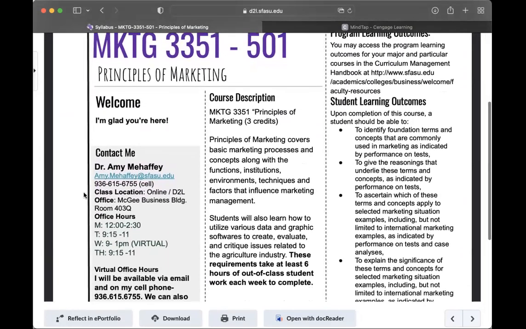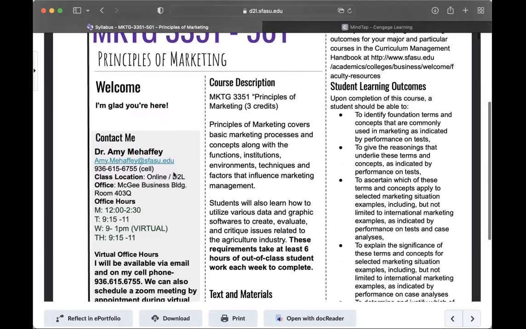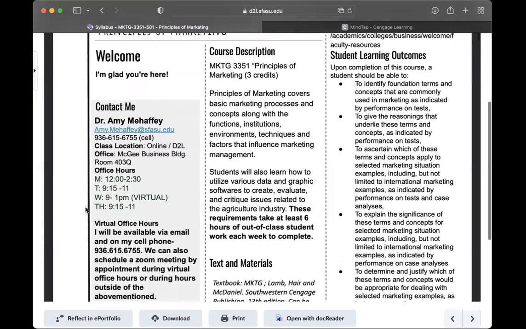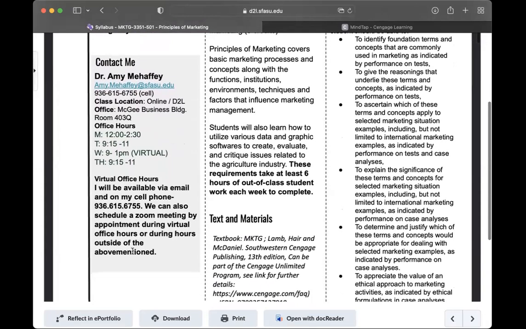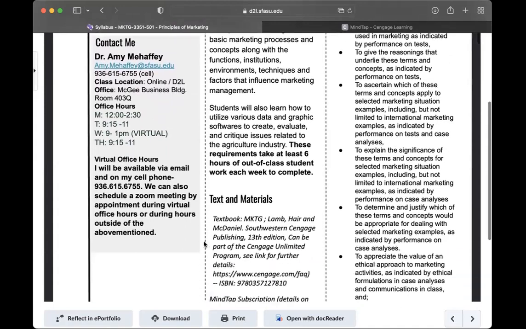I teach a lot of classes. I have a lot going on outside of SFA. And so if you have to get a hold of me some way, shape, or form, I include my cell phone number on here. I am available anytime in my office during these times during the week. I can also be reached via cell phone if you need to meet outside of those times. We can schedule a meeting just one-on-one.